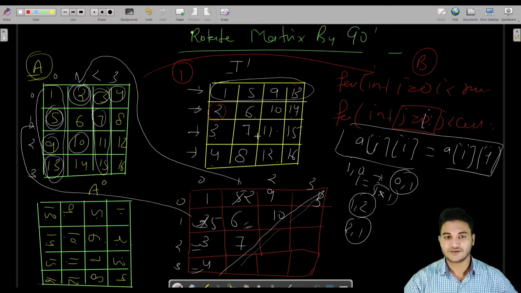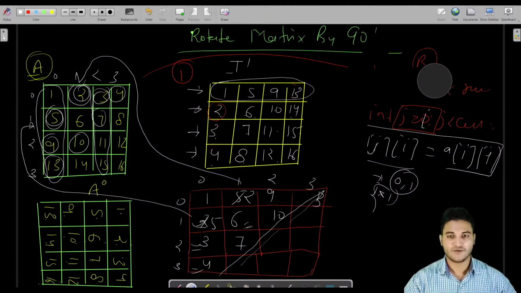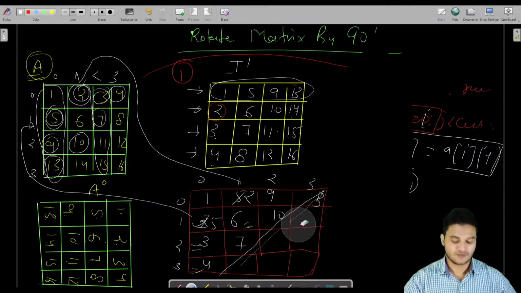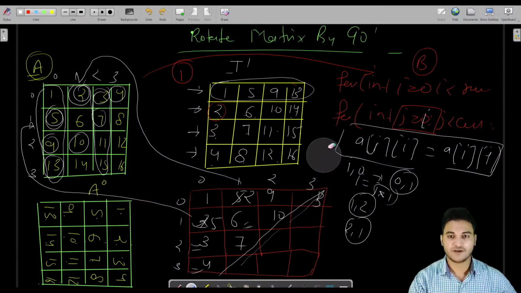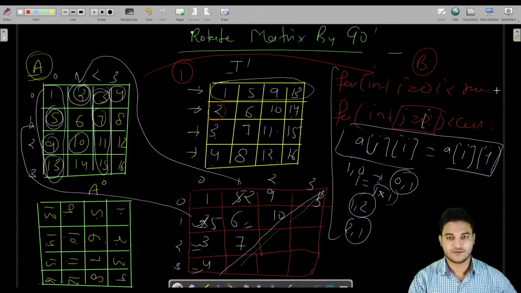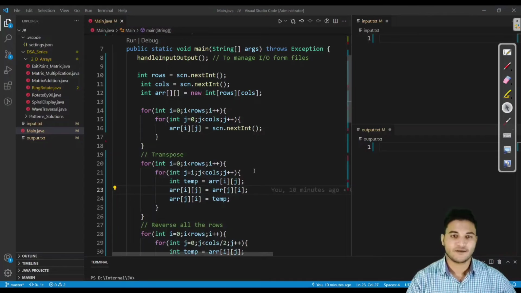If it is not clear to you, let me tell you one approach also. What you can do is take the transpose of your matrix A using this loop, this code, and then you will understand what is the exact mistake in this. Fine. If I am not able to explain the exact concept, my bad on that.